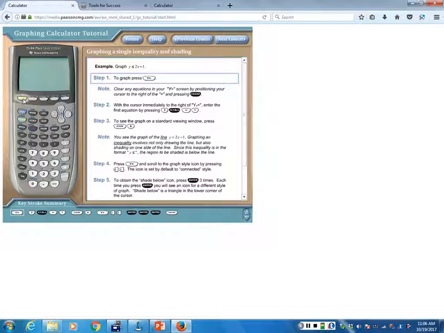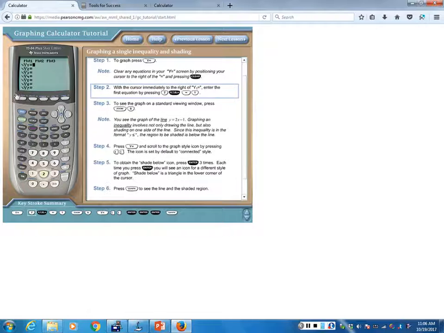And it basically just says go to your y equals menu, and it says shading a system of inequalities. Am I in the right one? Right, you're in the right place. Graphing a single inequality and shading. That's the one you want us to know? Yes. All right. So you press your y equals, and we're going to graph